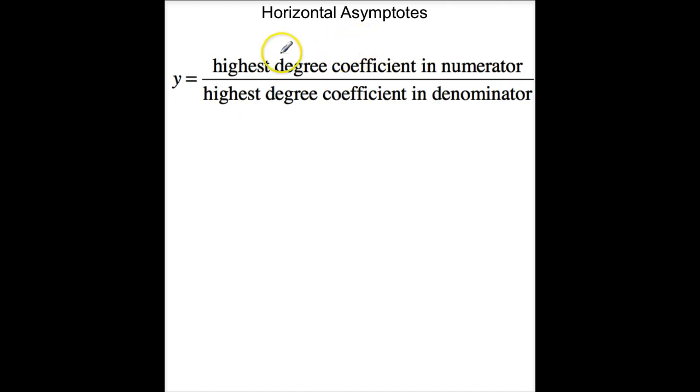For your horizontal asymptotes, you look at the highest degree of the numerator and the highest degree of the denominator. If the highest degree in the numerator is greater than the denominator, then you don't have any asymptotes, it just shoots off to infinity. If the highest degree of the denominator is greater than the numerator, then you do have an asymptote, and that is y equals 0. Now, if they're the same, then you're going to wind up with an asymptote equal to the